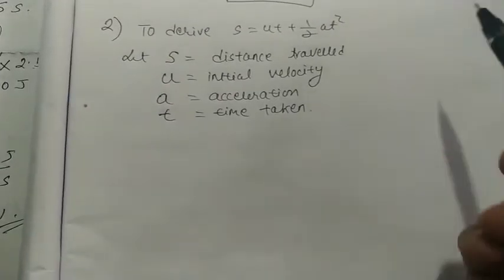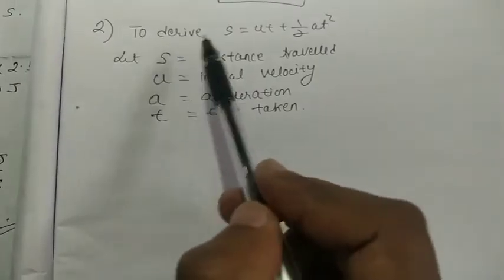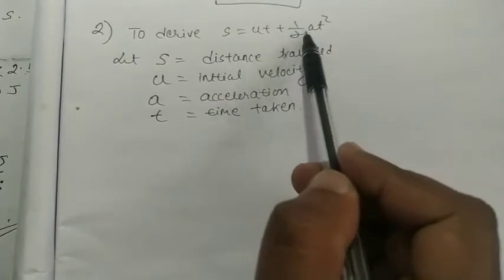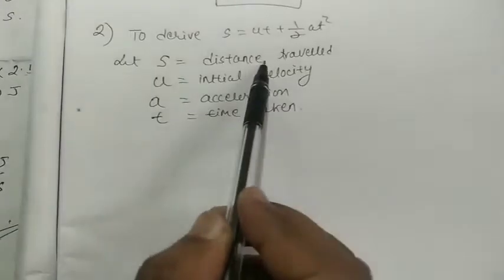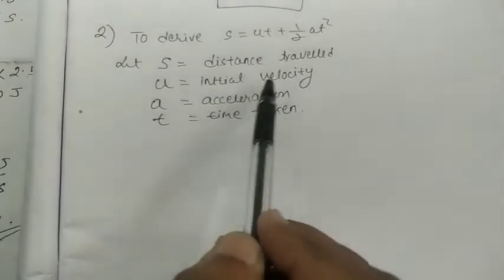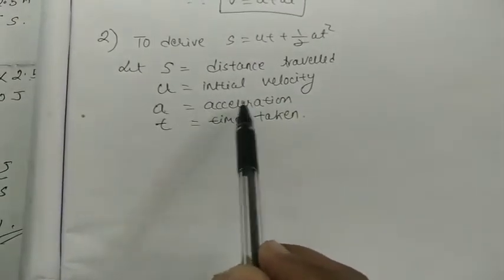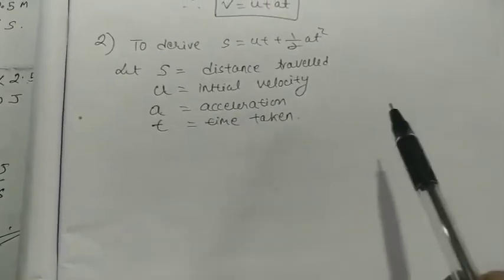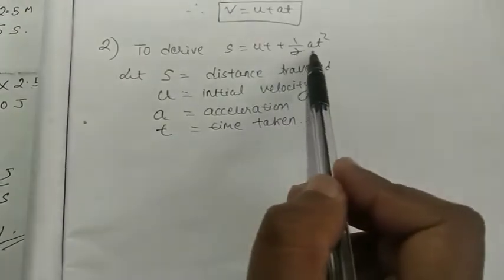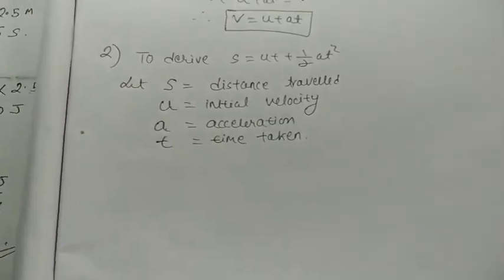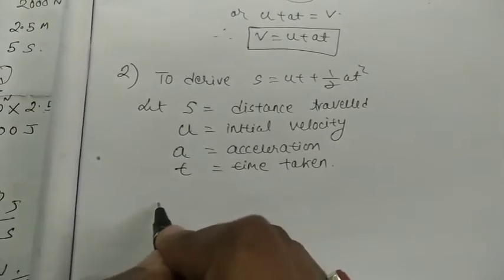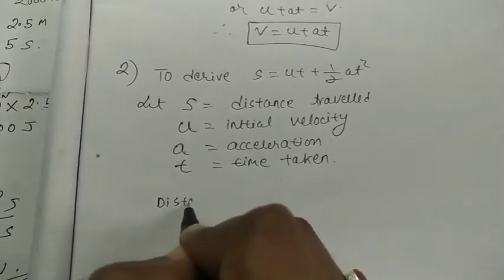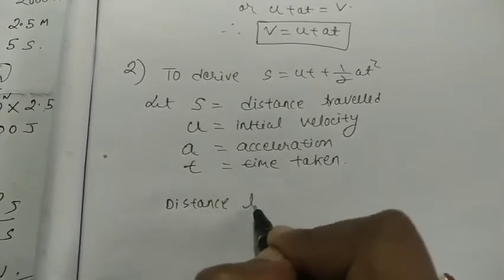Now next will be our derivation of the equation s equals ut plus half at square. To start with, we can write, let s equals distance traveled, u is the initial velocity, a is the acceleration, and t is the time taken. Here we don't have v because in the equation we can see there is no v. So to start with, we'll write down distance traveled